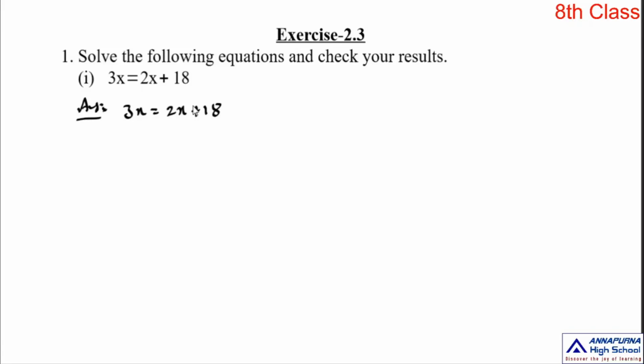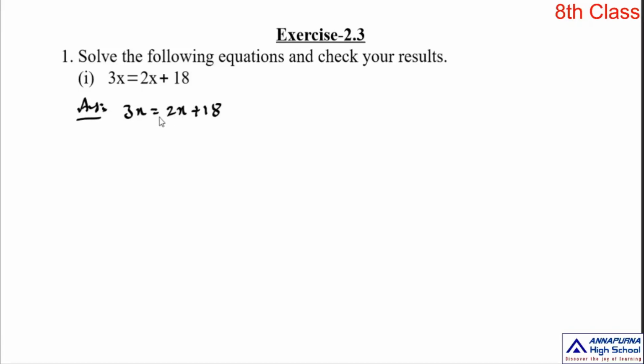First simplify them and then transpose all the variable terms to the left side and all constant terms to the right side. So that is our second step. We transpose all the variable terms in an equation to the left side and we transpose all the constant terms to the right side. And then simplify the left side part and the right side part. So from that result, we find the required variable value. So these are the steps we follow to find the solution of any equation. Here also we follow the same.